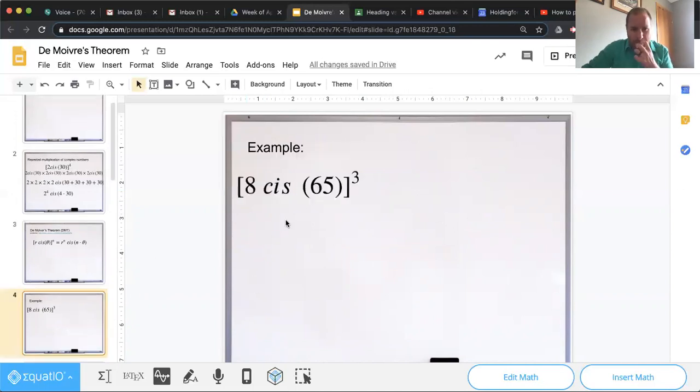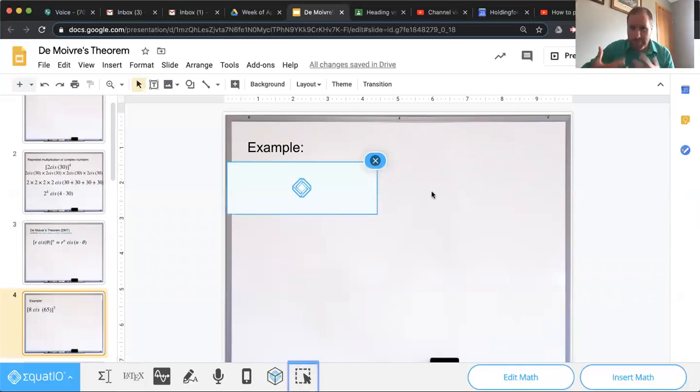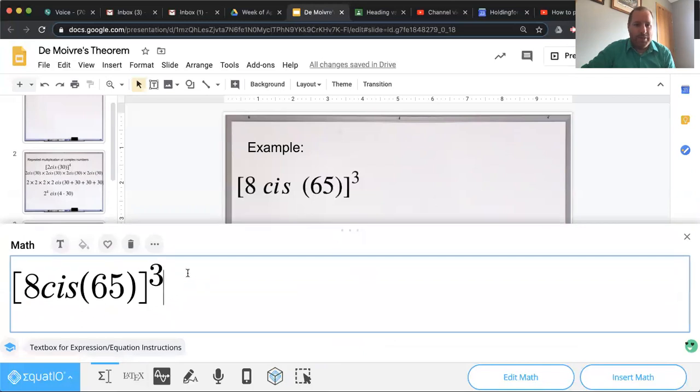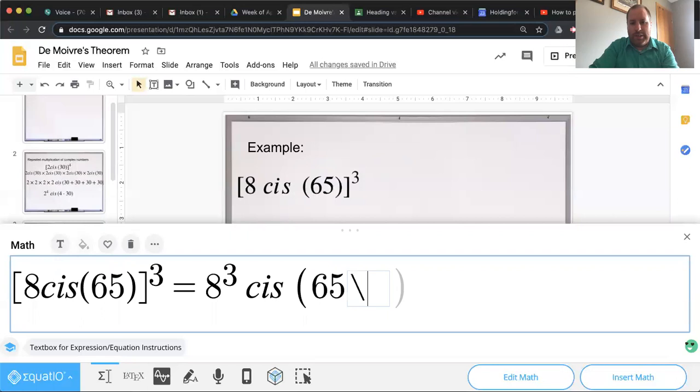So here's one example I put. We have a radius of 8 and it's turned at an angle of 65, right? So it's 8 away, turned at that angle of 65, meaning it's in quadrant 1. So in here, again, let's grab this whole thing so I don't have to retype it all. But in here, we would just take our 8 to the 3rd power, and then we'd take 65 times 3. So in this case here, it should be 8 to the 3rd power, and then 65 times